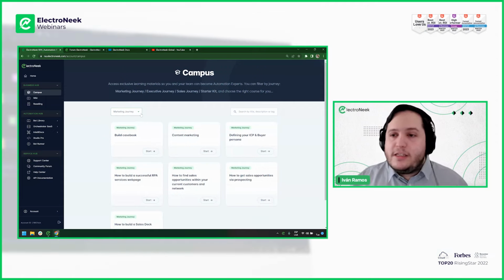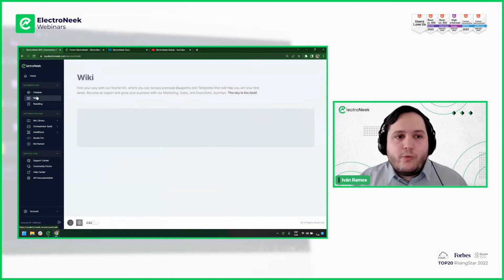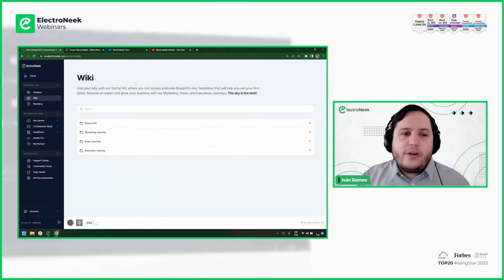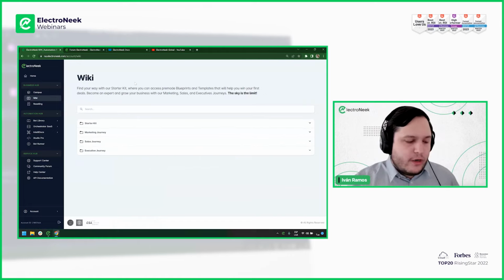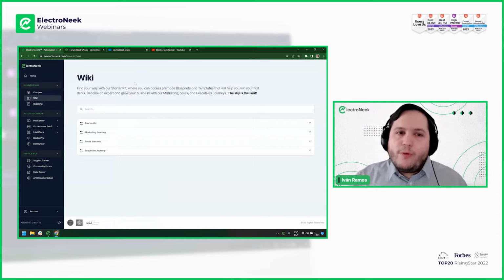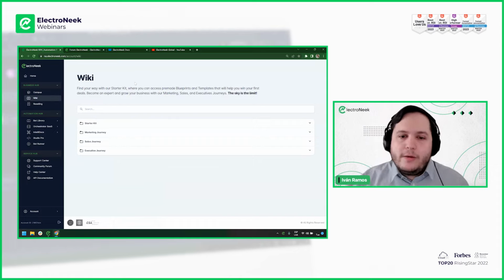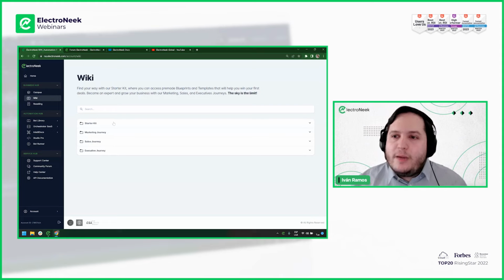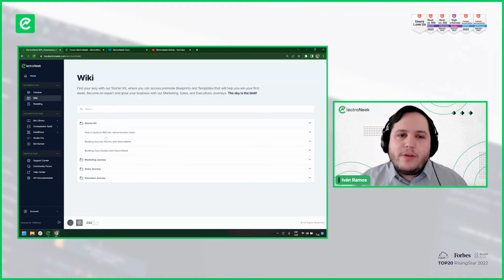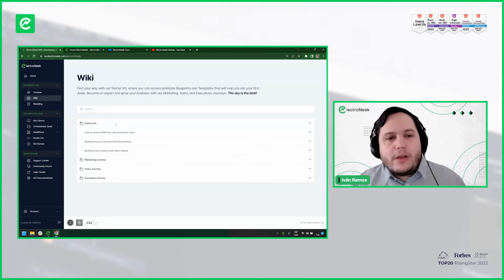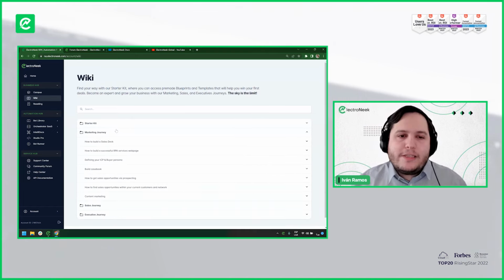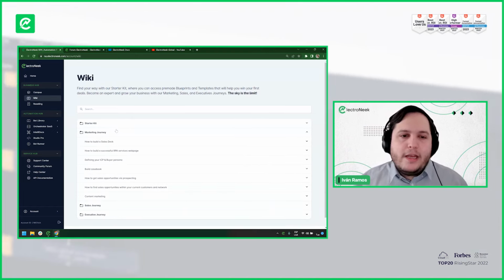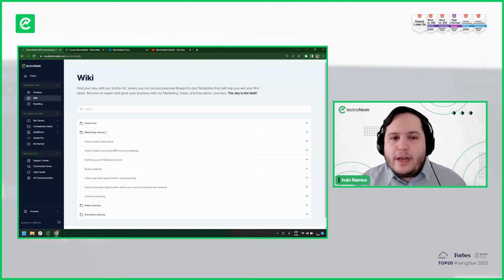And just like these materials that we have in Campus, we have the wiki, which contains the same 4 categories, and these are supporting materials for those same courses. This includes blueprints, templates, pre-made materials that you can use, customize, and then reuse as your own for every step of the way. So, for example, we have some demonstration videos, some case study examples. We have examples of how to build a sales deck, a casebook, how to define an ICP,